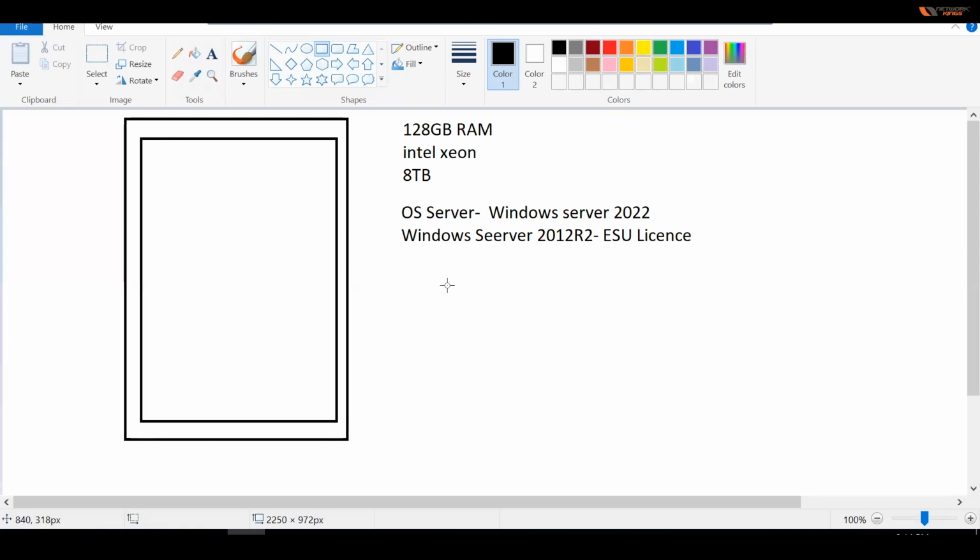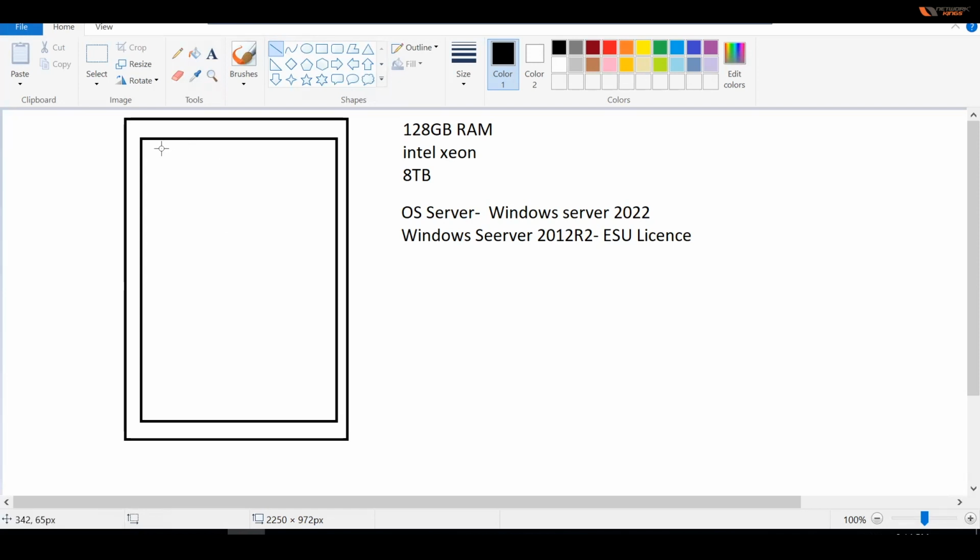But obviously, if we are going to install all these roles onto a single operating system, in that case, let's say there is something wrong with this operating system, it went down. So in that case, whatever the features are going to be there in this operating system, all users will not be able to access. You cannot rely on one operating system. Okay. So what I need to do,